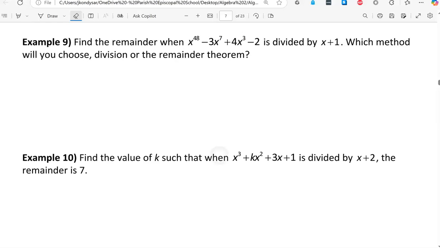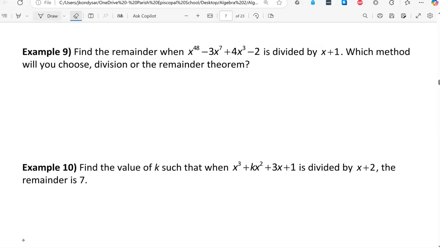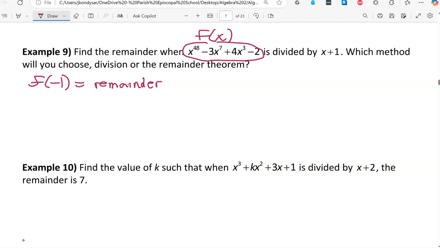But what we can do is we can say that this function, let's call it f of x, is the function that when I replace x with negative 1 will give me the remainder for this division. So f of negative 1 is equal to that remainder by the remainder theorem, and f of negative 1 is negative 1 to the 48th power minus 3 times negative 1 to the 7th power plus 4 times negative 1 to the 3rd power